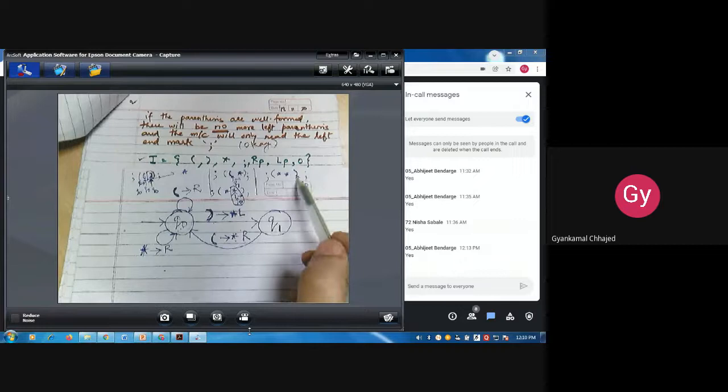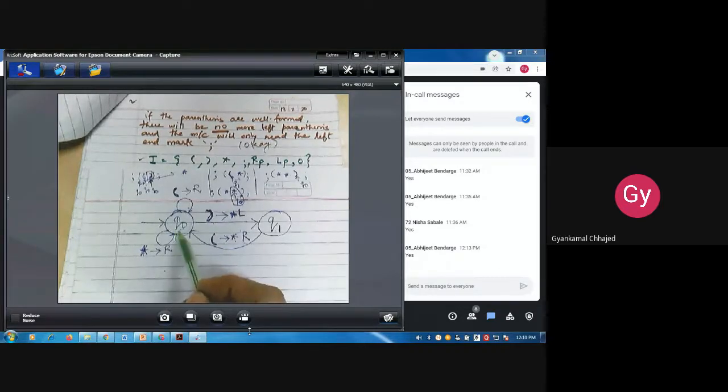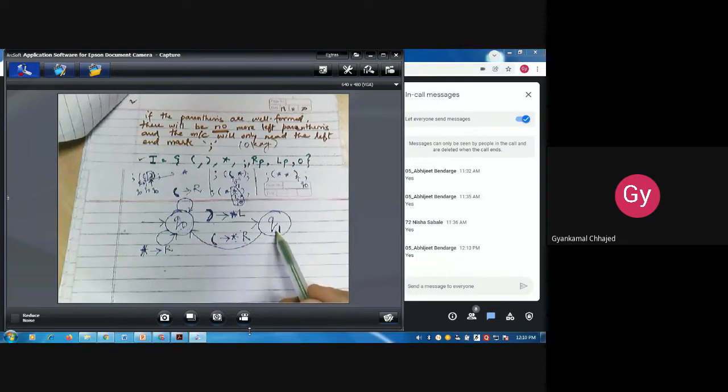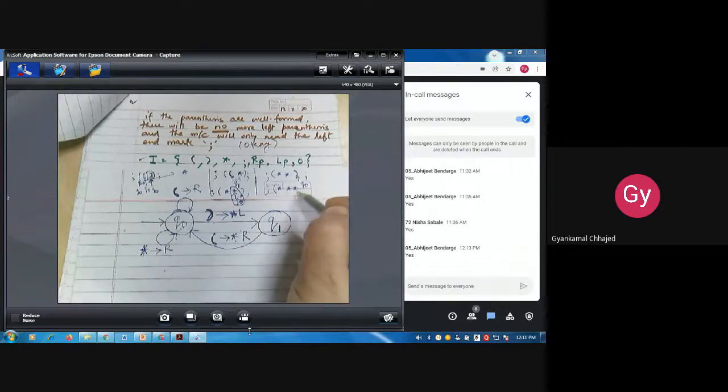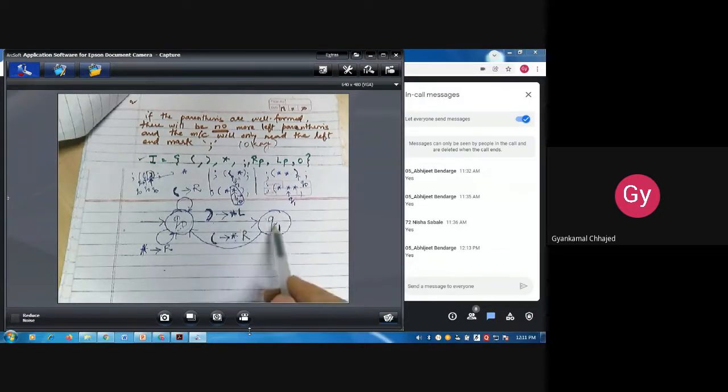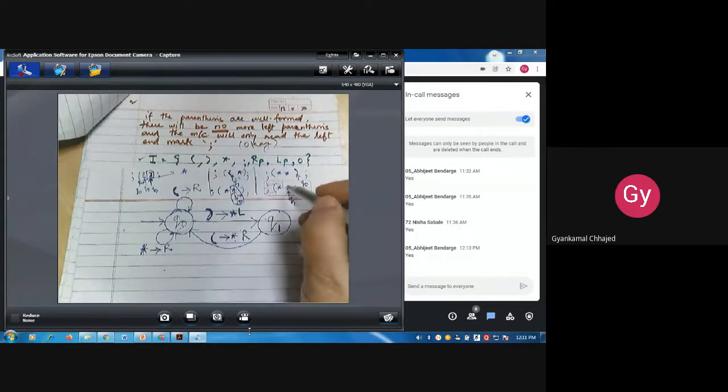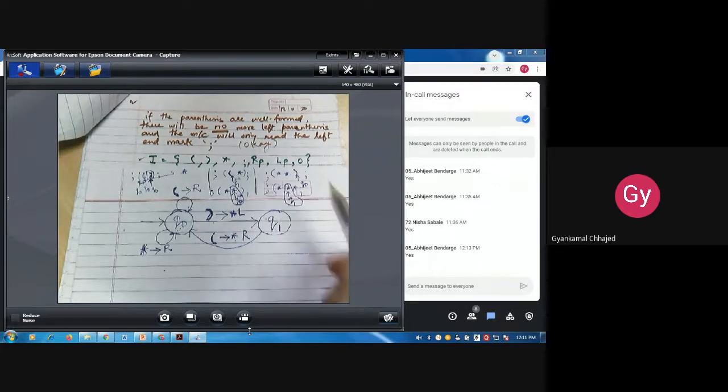See here, when you go here, you are already on Q0. When you get a right parenthesis, you will move to Q1, make it star, and move towards left. Your state change was Q1 now. Okay, now you have again got a new situation. What is the new situation here? The new situation is you are getting a combination of Q1 state with the symbol star, which is not yet defined